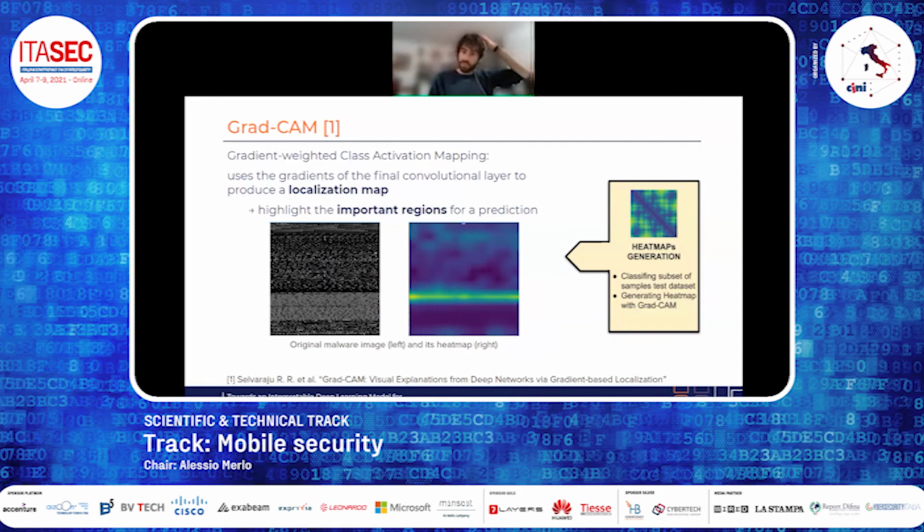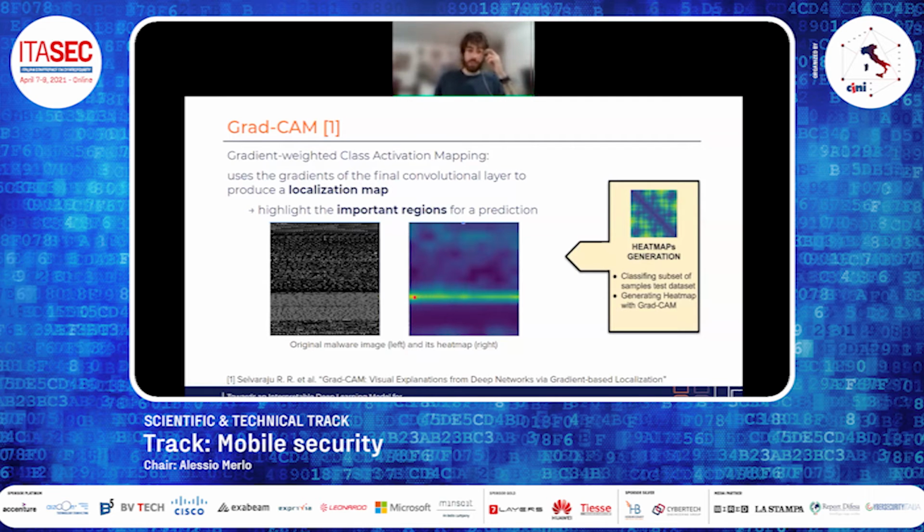In our case, we have this situation. Here on the left, there is the malware converted to an image. We give this malware as input to the model and then we perform the classification. Then we can also generate a heat map that gives us information on the prediction the model has made.